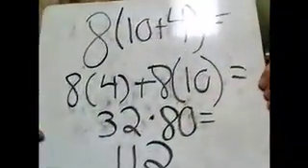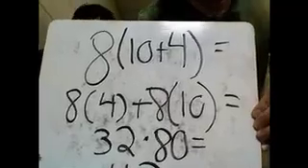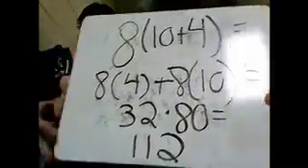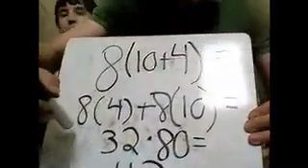Lesson 1-5, the distributive property. First example I have is 8, and then in parentheses 10 plus 4. As you can see, 8, and then